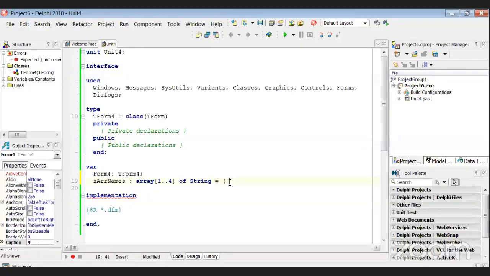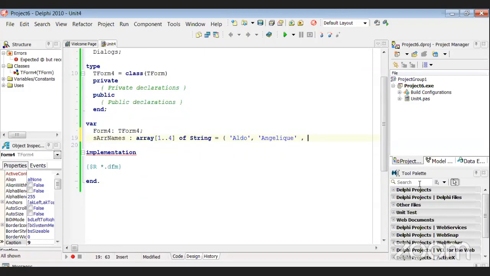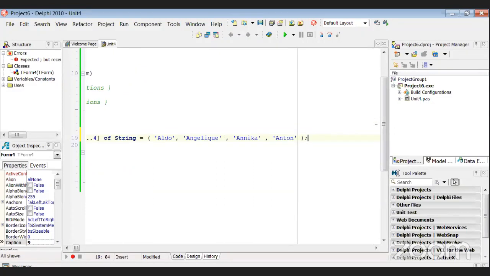So that's what we would do when we are assigning values to an array. Now I'm just going to type 4 names over here. I don't have the PowerPoint in front of me, but I'm just going to use it as what we're working with over here. So let's just look at my participants. Let's just say Aldo, comma, Angelique, comma, Anika, and comma, Anton. Okay, hope you learners don't mind using your names, but basically that is how we would assign